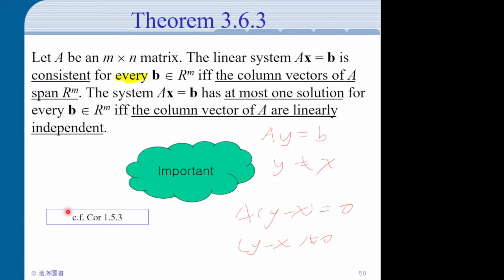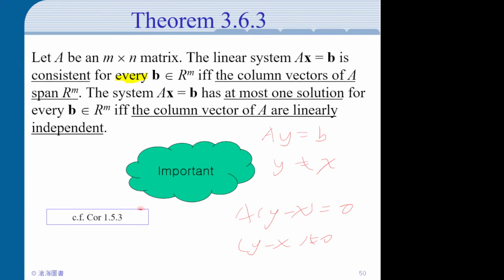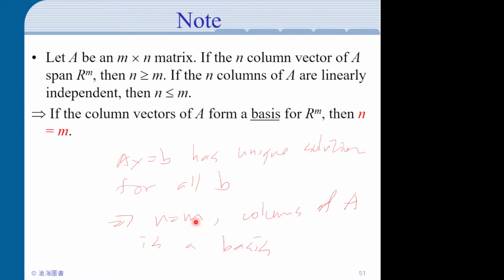Anyway, the proof is very similar to how you go from 1.5.2 to 1.5.3. So I guess it can be left as an exercise for you. And then from here, it's a really long discussion about column space. Then together, we have this description about column space